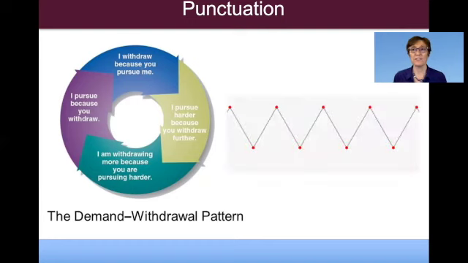So if I were to diagram that, the points at the bottom would be what the one person is paying attention to, these acts of pursuit. That's what they're seeing in the interaction. The other person is seeing the withdrawal, which then makes them want to pursue even more. So the withdrawing person, focusing on the withdrawing, is seeing these points of the interaction.